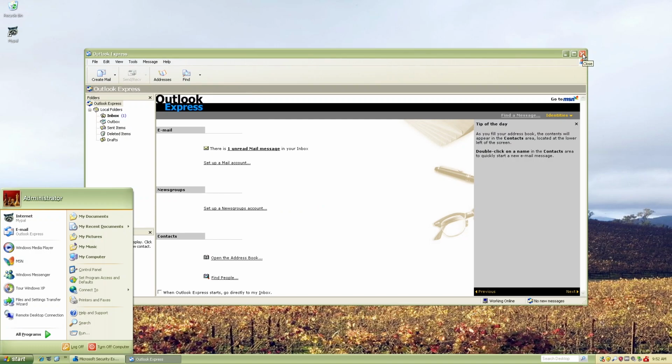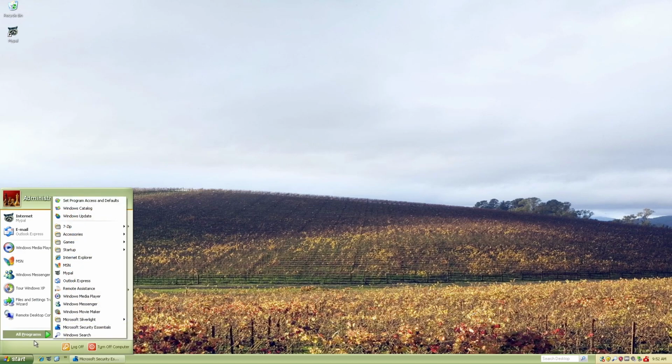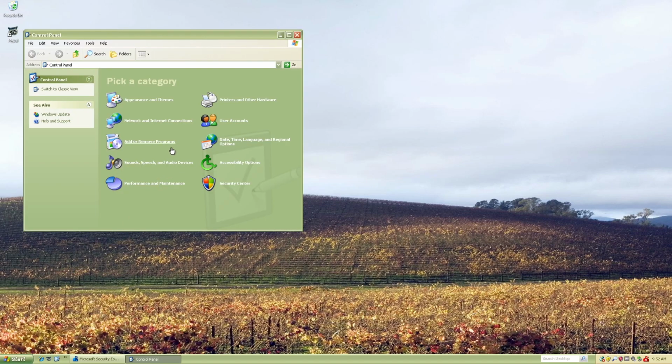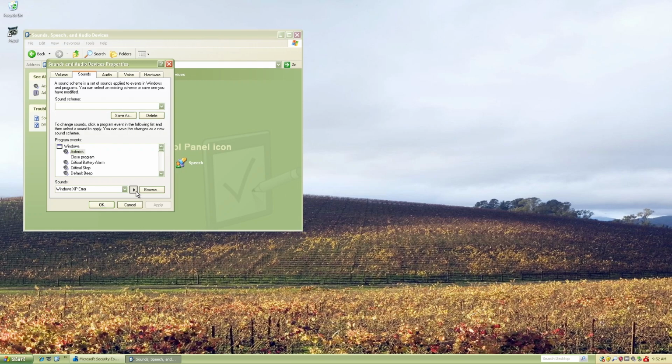But if I wanted to fix the sounds, I would have had to run Windows Media Player, and Windows Media Player is broken. So, I guess you're just gonna have to deal with a really crappy sound. So we're gonna check out the system sounds. Really buggy sound. But to fix the sound, you have to run Windows Media Player in the background. And Windows Media Player is broken, so...